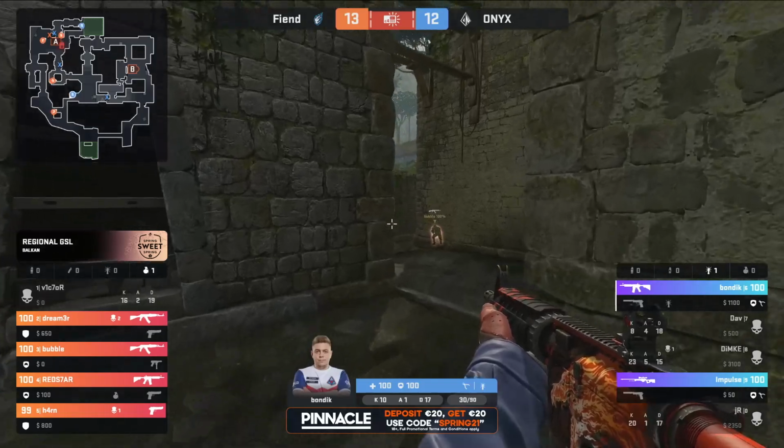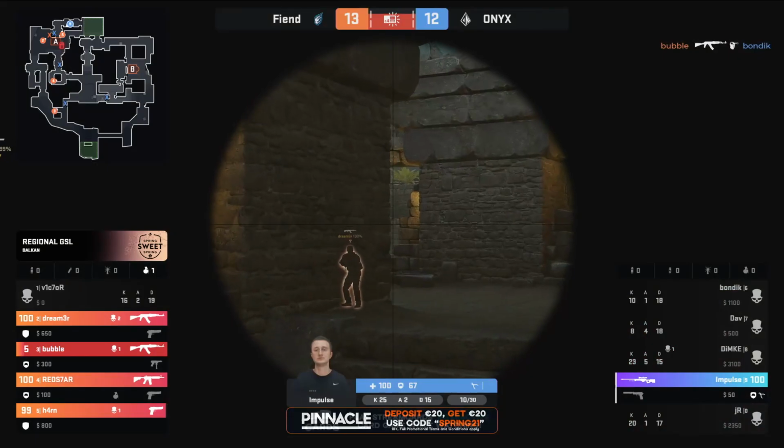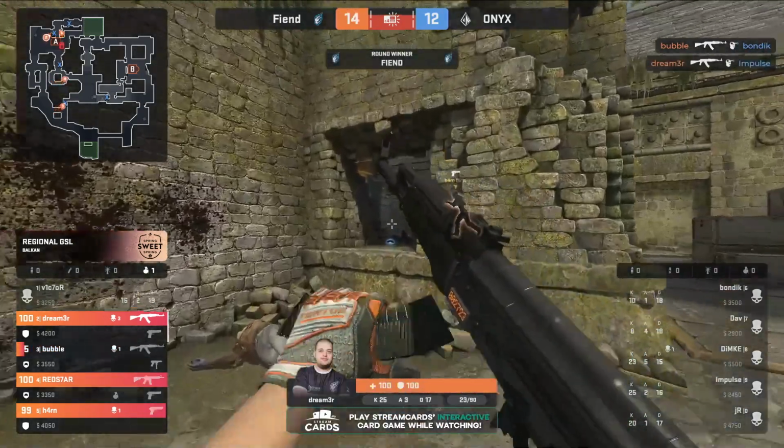Fiend, they've taken control of the A sites, and not only that, but they've got a 2-man advantage as well. Bondik coming through in the backline, but Bubble, he is ready and waiting, man. Ready and waiting. He'll even find the kill. Impulse has been taken down as